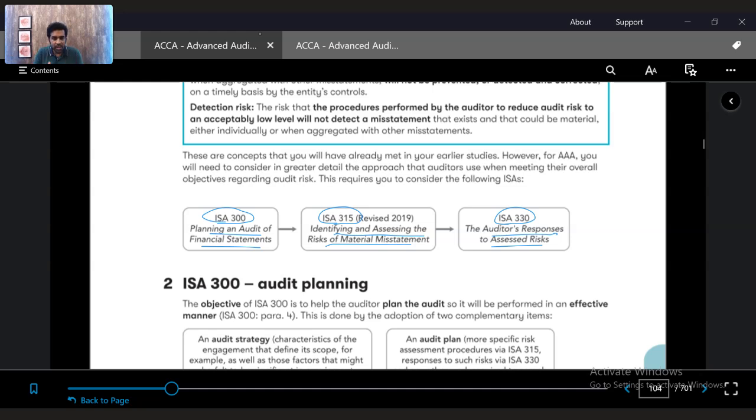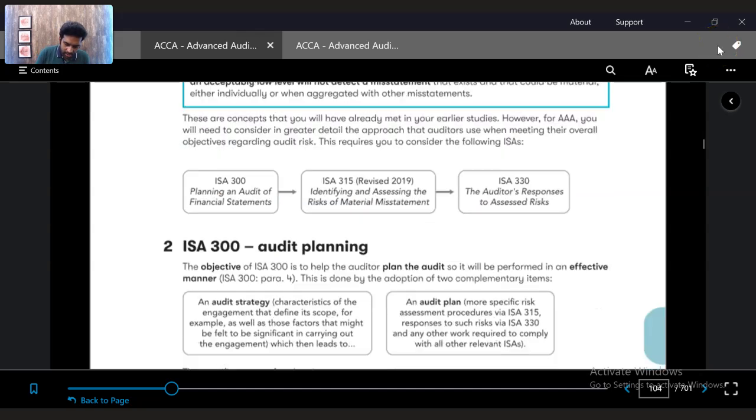So your focus will be, how do I explain this concept to someone? That should be your focus, rather than how do I just learn this concept and put it out for the marks. Your approach should not be to score marks by just explaining the concept. Your approach will be, how do I explain this concept to someone who doesn't know anything about it? That will fetch you marks. So let's now go and learn the first topic, which is ISA 300, planning an audit of financial statements.